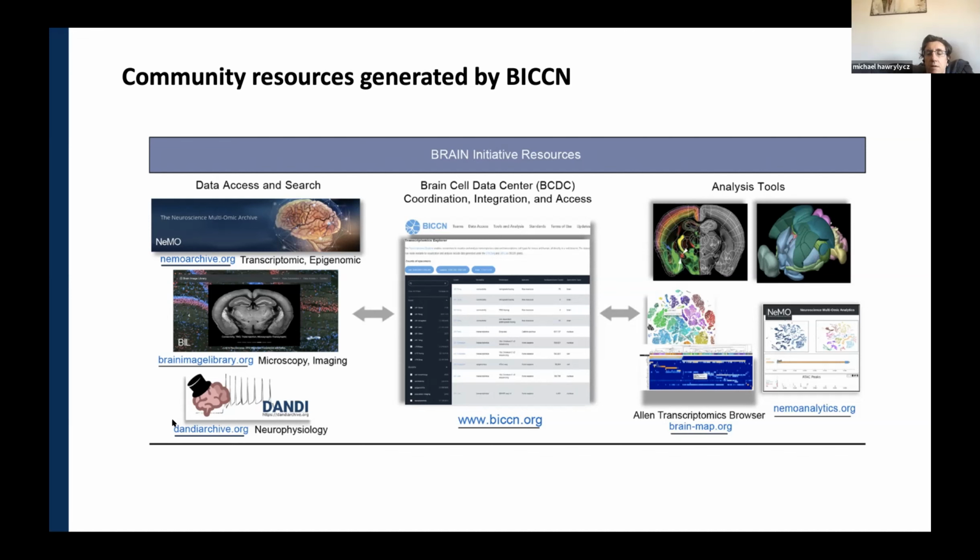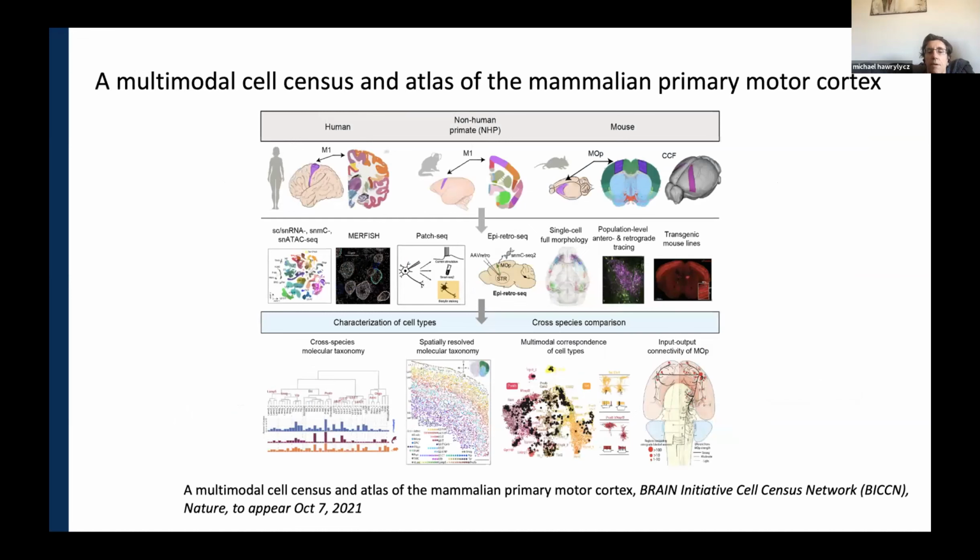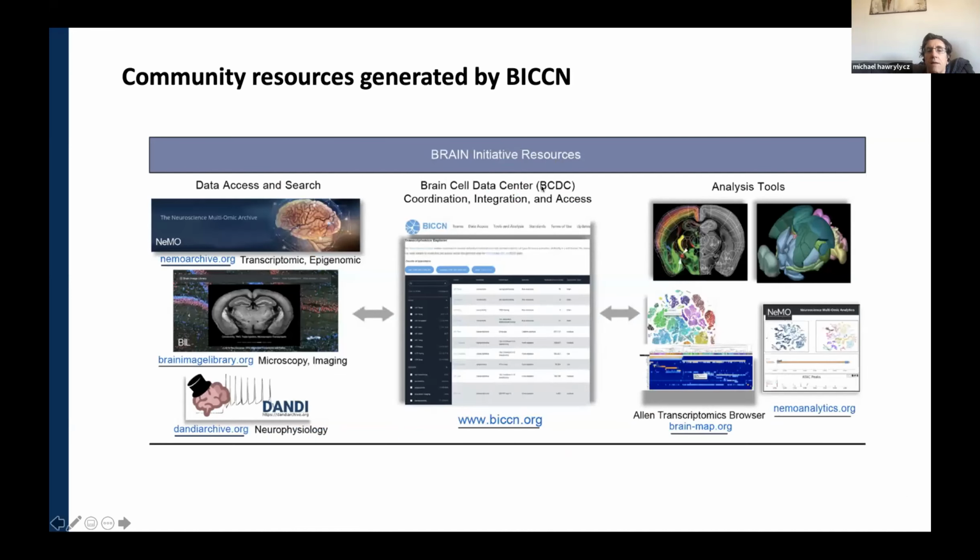We organize these at a project and specimen level at the Brain Cell Data Center, and try to direct people toward the various tools, including common coordinate frameworks, browsing and visualization capabilities, and other things.